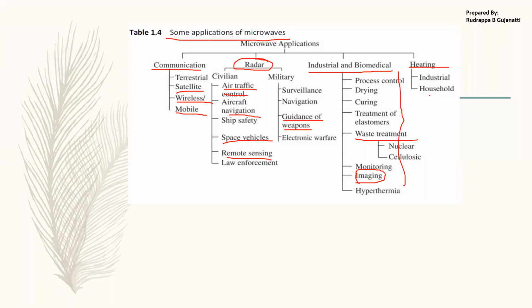Then for heating in your household, it is nothing but the microwave oven that you are using. Then in industry, you use it for rubber heating, the galvanization process, or in food processing industries, where you want to remove the moisture from the food and store it for a long time. In that case, instead of drying it in the heat of the sun, you pass it through microwave, so that the microwave removes the moisture present in that food item. So it can be utilized for these things. These are just a few applications to name.